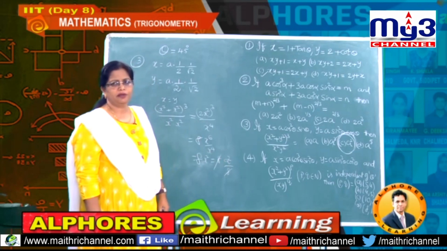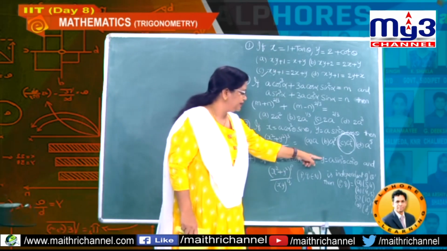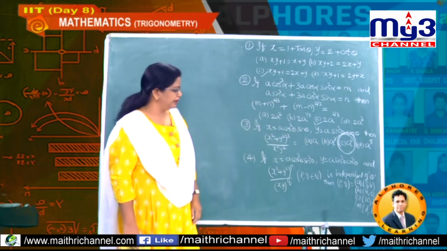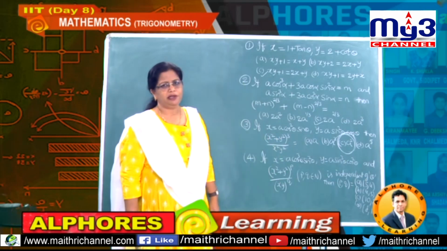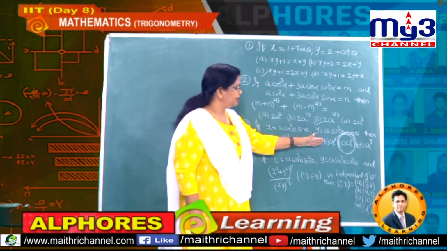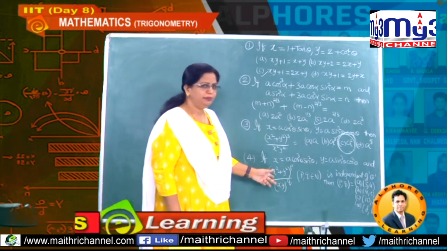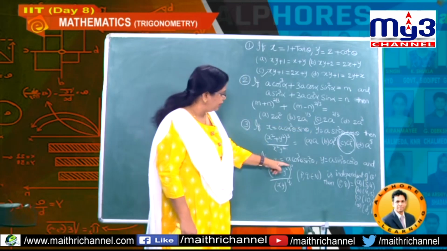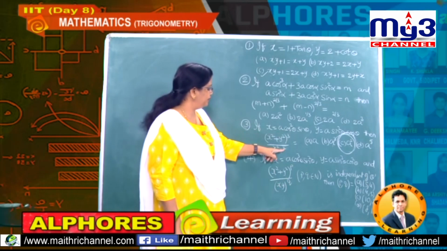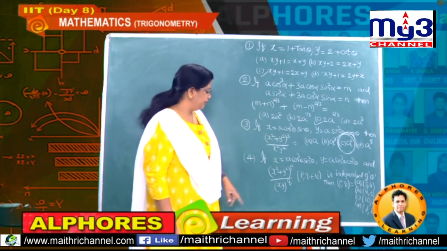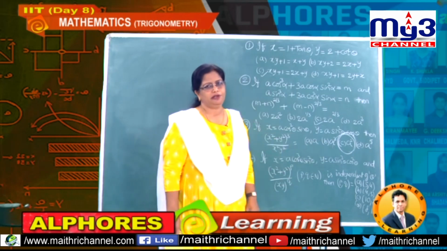A square. The last problem, fourth one: x is a cos cube theta sin square, y is a sin cube theta cos square. Now they asked that this complete value is independent of theta. The options are not asked in the usual way. Options ask for this value to be independent of theta, what would be the values of p and q. Here the p value and q value are not given; they are asking what the values of p and q are.